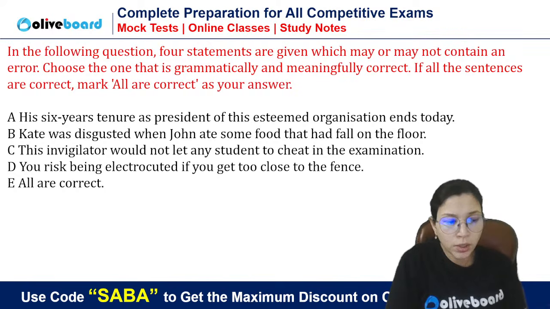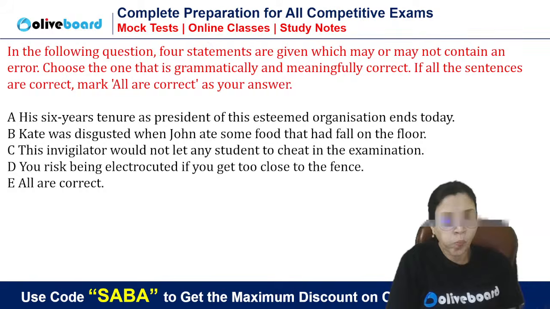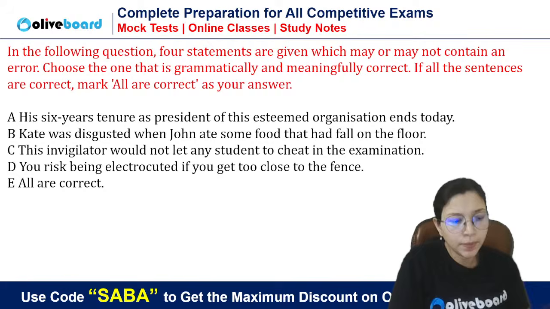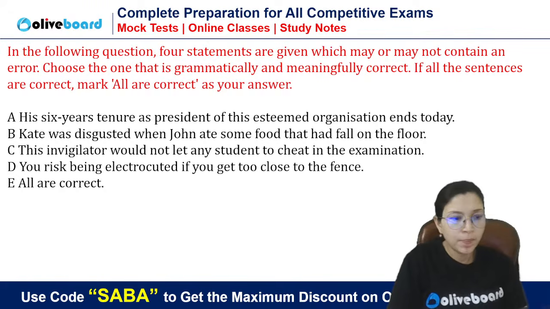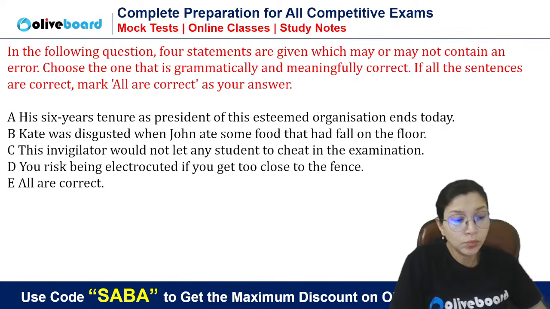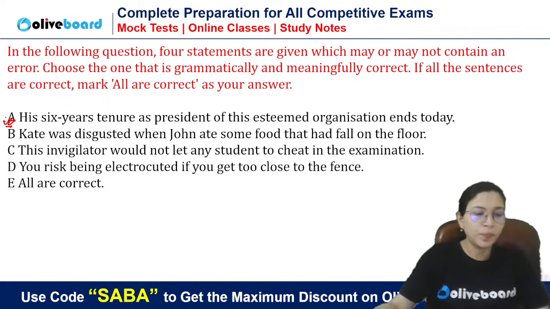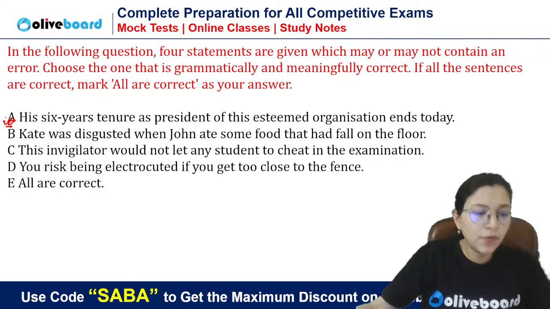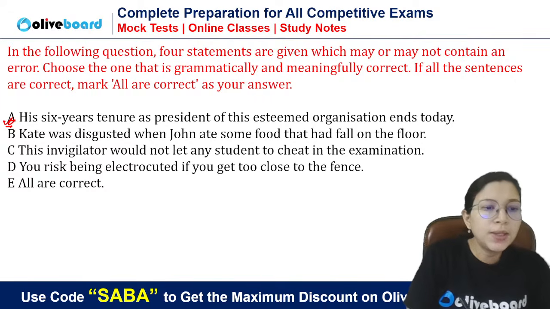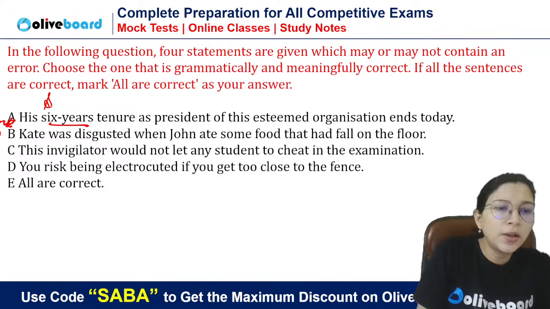See, I don't think I brought tough questions. Some are saying B, some are saying C. What are you telling me? Correct one or incorrect one? The confusion is between B and C. A and D also. A, D, correct one. What is wrong in A? One by one, let's see. Chalo. Let's see whether B is right or C is right. I'm telling you, what is the error in A part? Quickly. His 6 years tenure or 6 year tenure.